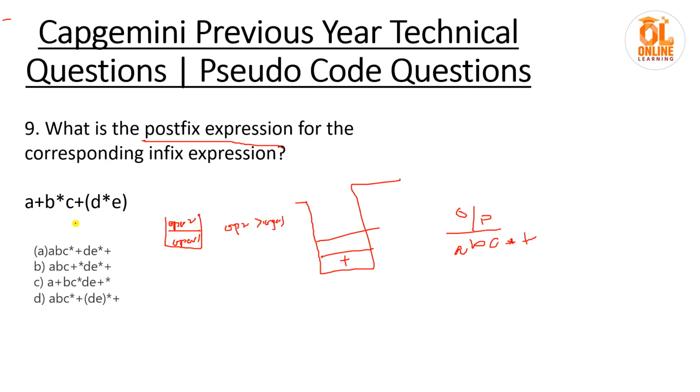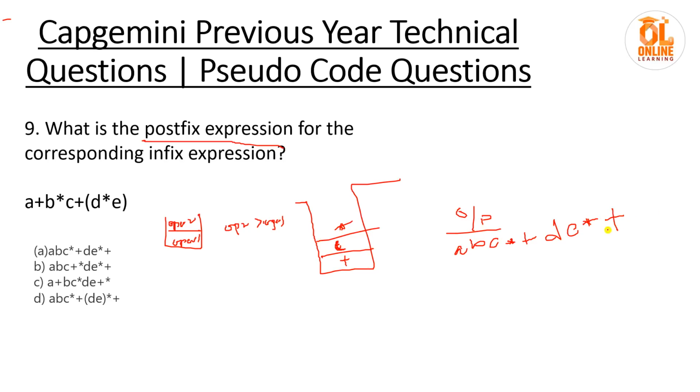Then till here is done, and next is D star E. You should observe that there is a parenthesis, so it's a different thing. We have higher precedence for the parenthesis. D means we print D, and star goes to the stack, E comes again as an operand, and we close the parenthesis, so whatever is inside the parenthesis, that is star, will be appended here, and at last only plus is left.